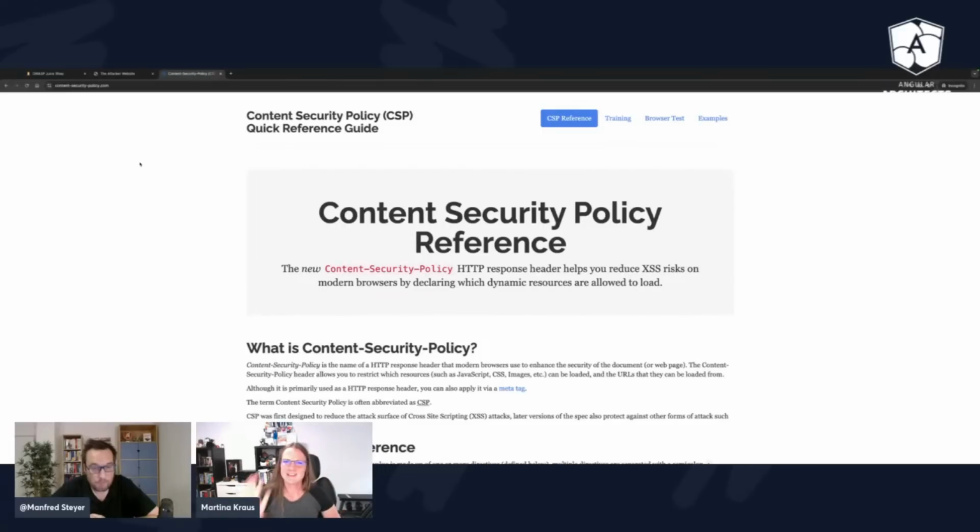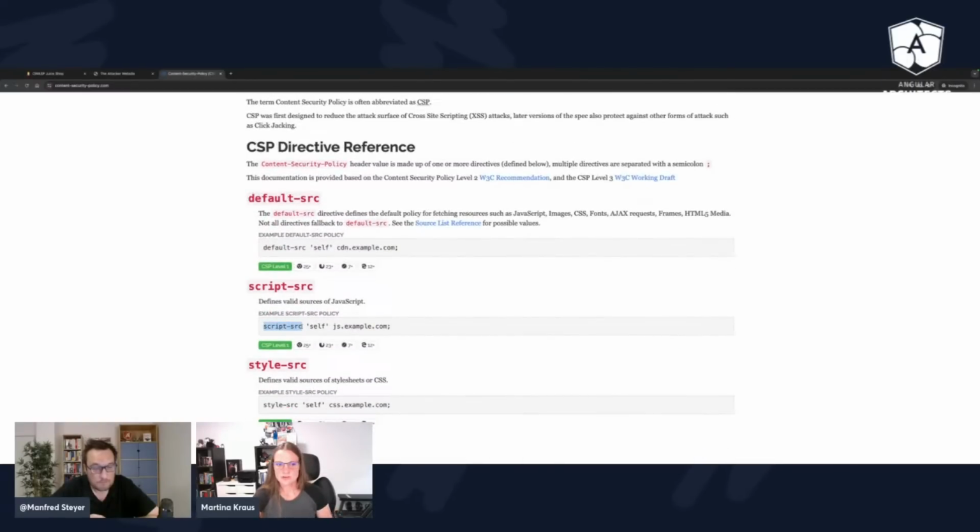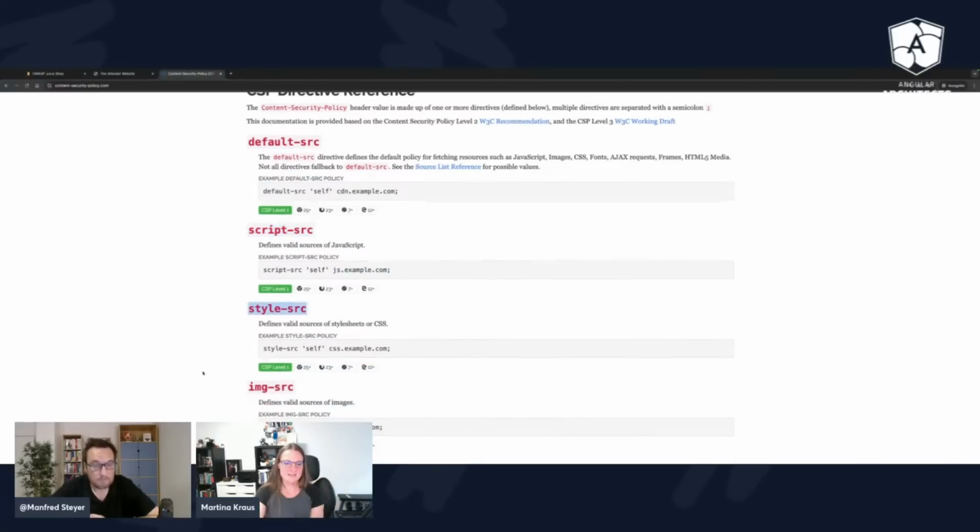The CSP basically is just a response header with which I could tell the browser, I just want to have JavaScript code executed that is from my own origin, or from this origin, from this URL. You can add some other stuff in here, which allows inline JavaScript to be executed and whatnot. But basically, you could exactly tell the web browser which kind of content should be executed. This goes from JavaScript code over styling to even images. Let's see this a little bit in action.